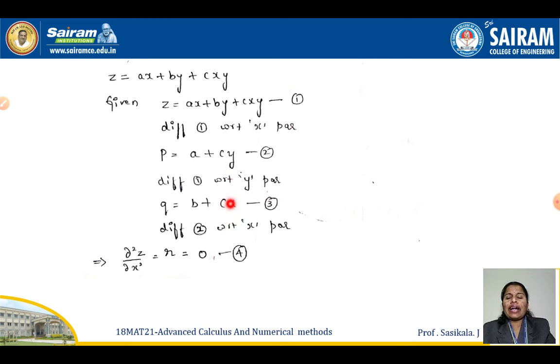So you can add or divide or multiply. It won't get cancelled because I have different a, b, c. All the 3 are there from equation number 2 and 3. And at the same time, you can write a in terms of p. It will come in terms of c. Again q also, right? So we cannot substitute. Now differentiate with respect to x again for your equation number 2. What will happen? There is no x term, it will go 0.